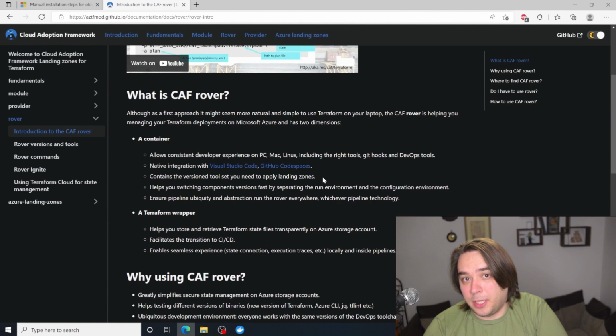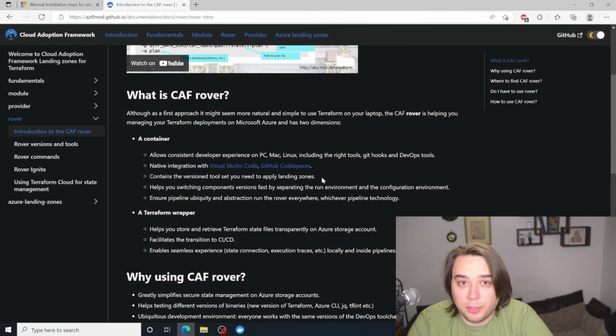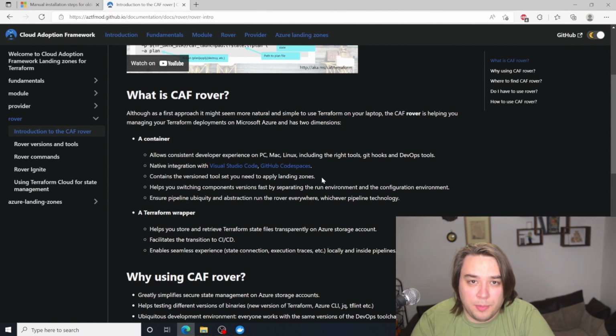It has Microsoft best tooling, and this is basically built by Microsoft. So essentially it has Visual Studio Code. It can integrate with GitHub Codespaces, and it's a really great program that they've written. It's also a Terraform wrapper, so again, you can use that instead of maybe using a Terraform extension in Azure DevOps, or using your own pipeline commits to install Terraform or something like that. Rover already has everything installed, so that's why Rover is such a great tool to use.